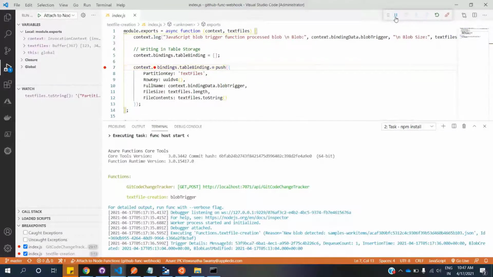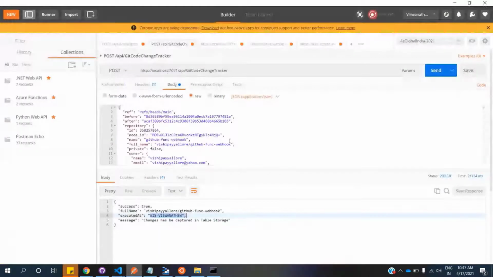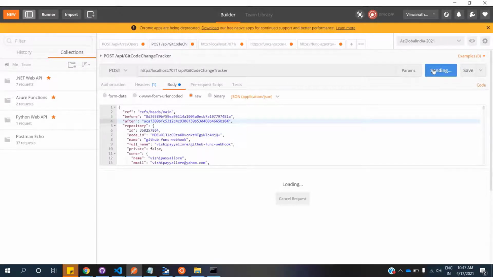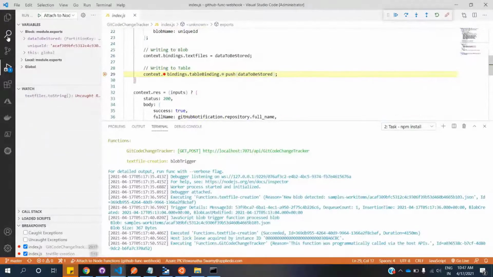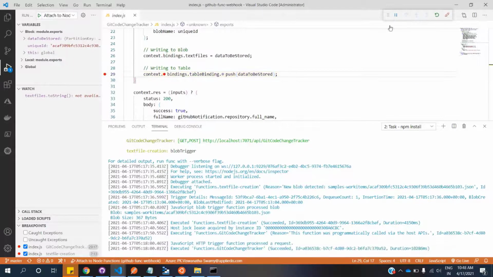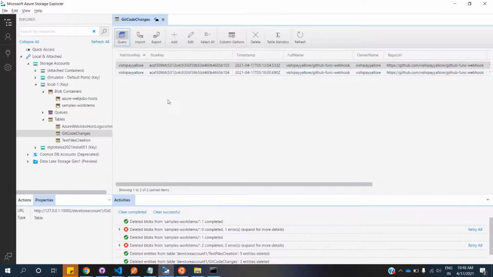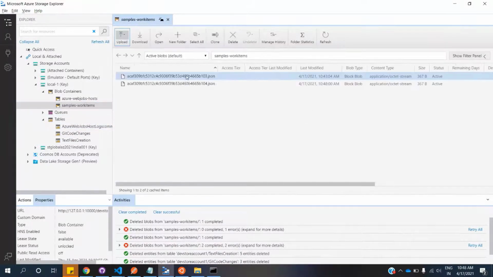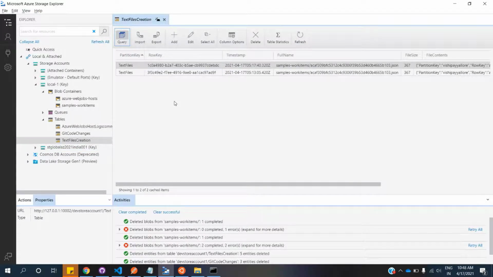So, okay, that's the previous bindings, whatever the files which we have it. So at this point of time, 103 was the record. Now I'm creating 104, and that's a change. So you can see here, it comes in here. What is the first file? It is coming to the GitHub change tracker. That means you can come and see this 104 record should be here. So the 104 record is here, but you will have the file 104, but the table changed because it will trigger right now. It will trigger right now for that 104.